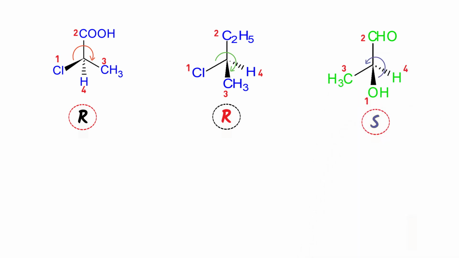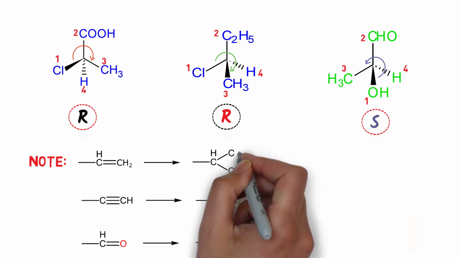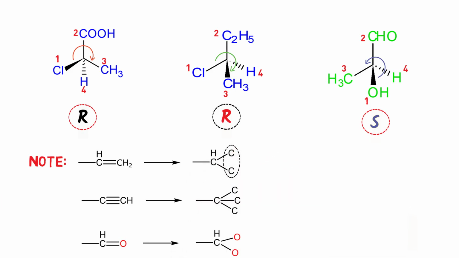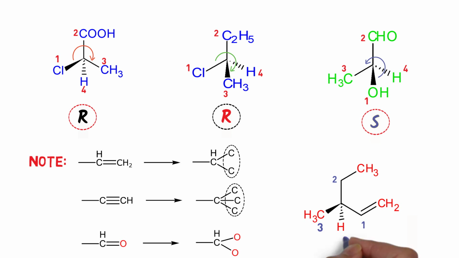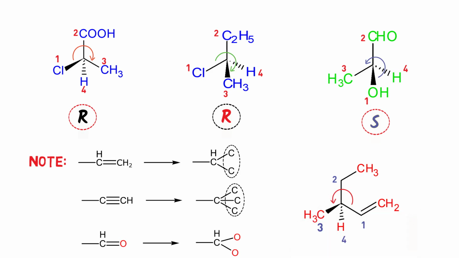Before moving further, we need to note one more point: if we have a doubly bonded carbon, it is as if attached to two other carbons. A triply bonded carbon is as if attached to three other carbons. So while giving priority in this particular molecule, the chiral center is attached to carbons. Now the alkenyl carbon gets priority 1 because it's as if attached to two other carbons. Then the ethyl carbon, then the methyl carbon, and finally the lowest priority group is hydrogen. As hydrogen is away from the viewer, clearly as we move from 1, 2 to 3, it moves anti-clockwise,